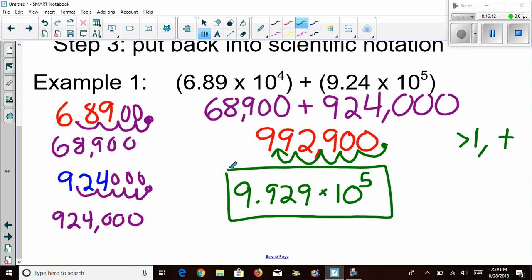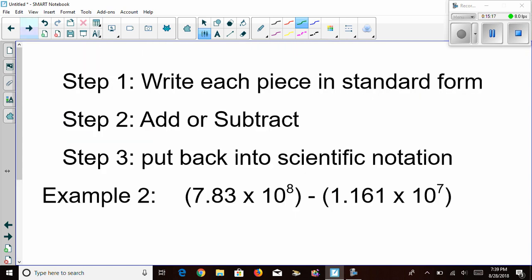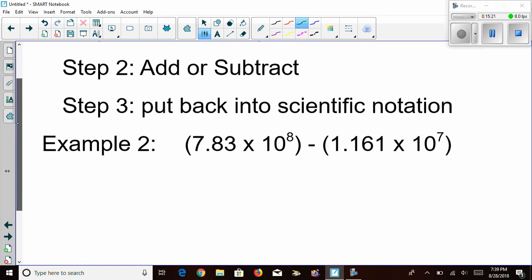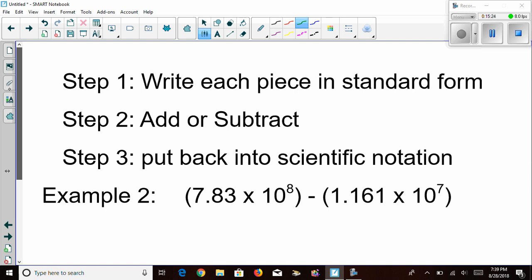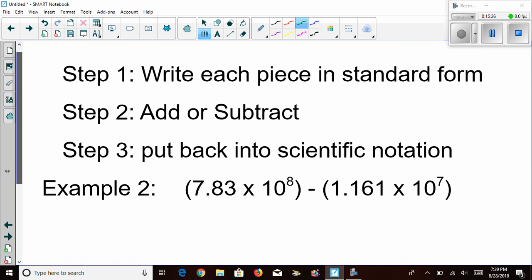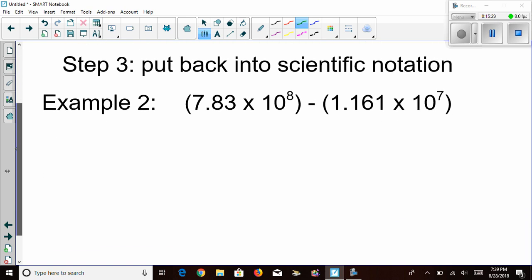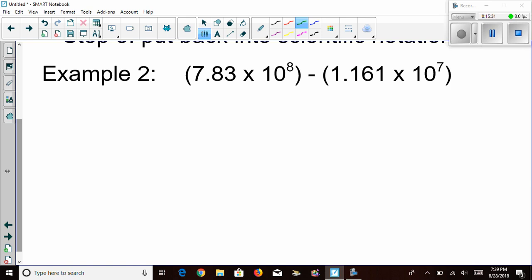Now we're going to do one more example, and that will be of subtraction. In subtraction, we're going to follow the same 3 steps, so you don't need to write them down again. I put them on top of the page as a quick reminder. First, let's write the 2 pieces in standard form. If we write out the first number, 7.83 times 10 to the 8, in standard form, we get